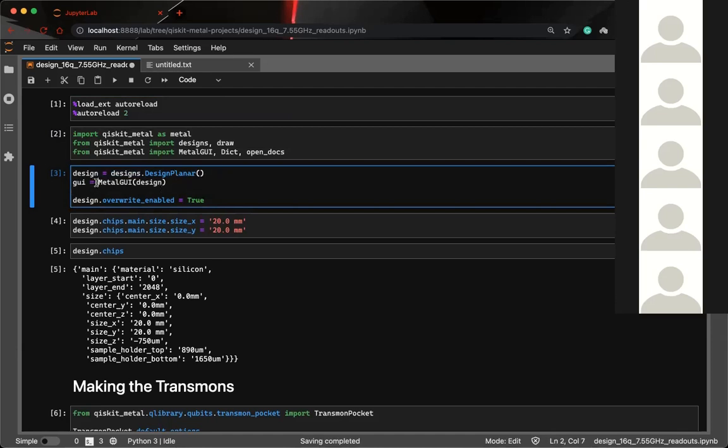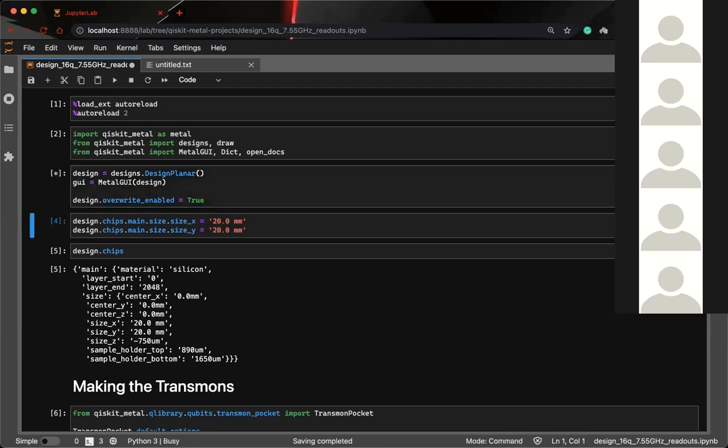Finally, you can render this in the GUI format. Metal has a GUI, so we can render that. This is just a property to overwrite existing components. Otherwise it gives an error that this component already exists. If you make some modifications, you would have to delete that component and draw it again, so this is generally good to enable.